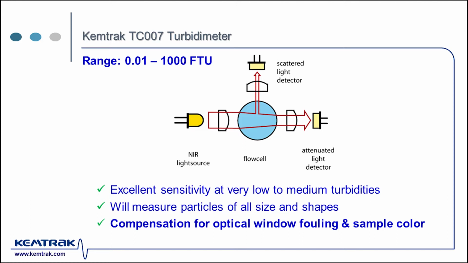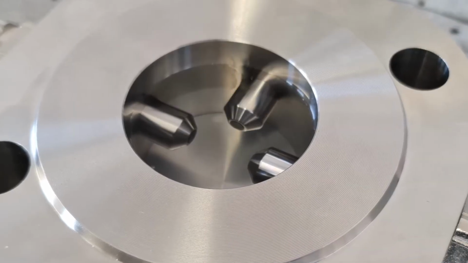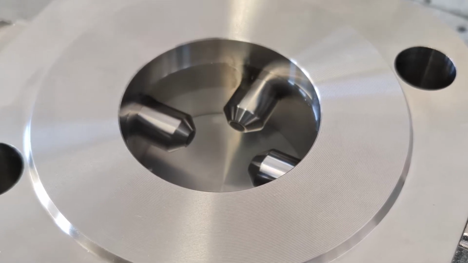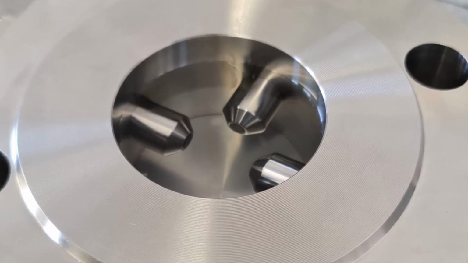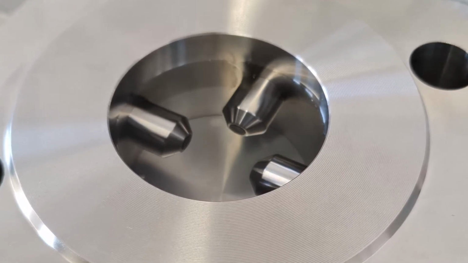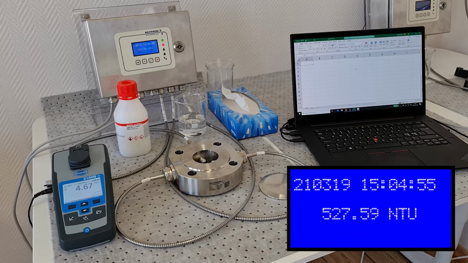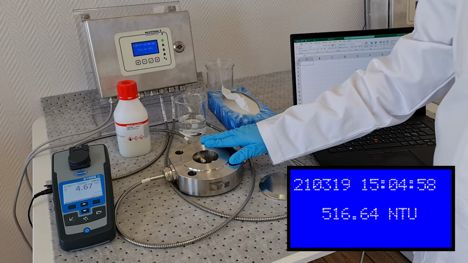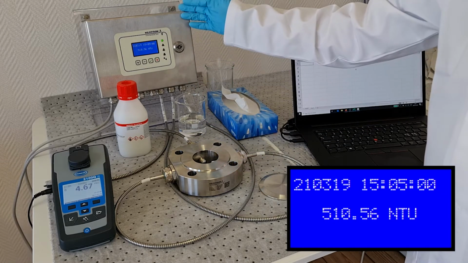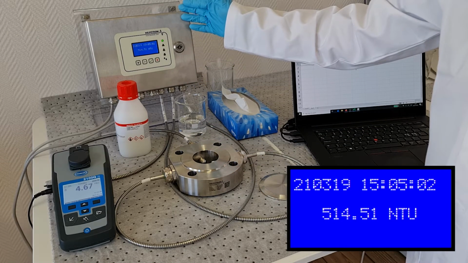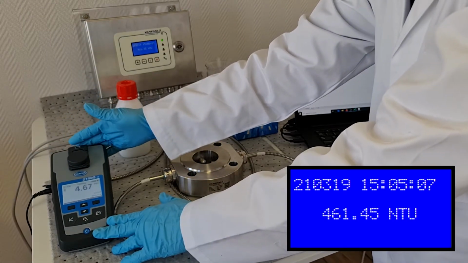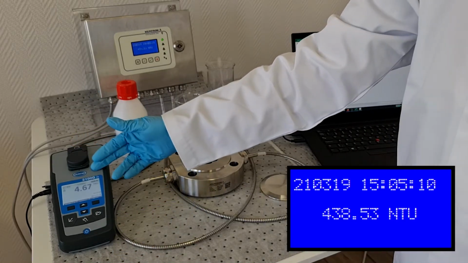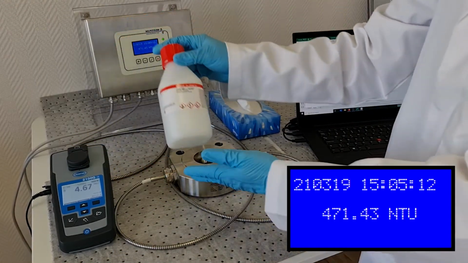robust measurement. Due to the complexity of turbidity measurement and as a result of slight design differences between different products or even models of the same brand, different readings may result when measuring the same sample. In this training video, we will calibrate a Chemtrack DIN DN50 measurement cell. All the electronics are separated by optic fibers. We will cross-calibrate the Chemtrack TC007 turbidity meter using a portable handheld turbidity meter and a Formazine turbidity standard.